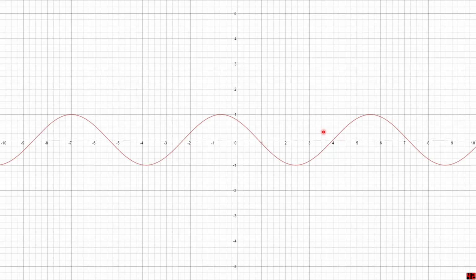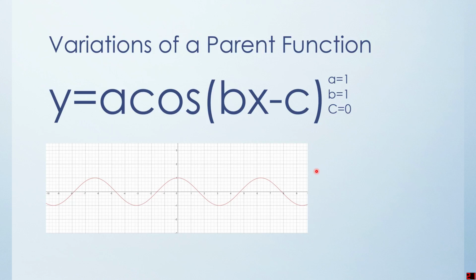Popping up the expanded view here, you can see that the starting point is in fact at 4, and that it would continue as in any normal graph, except just the starting point is different. Rather than starting at 0, like the parent function would, it starts at 4. Now, cosine and sine are very similar in that